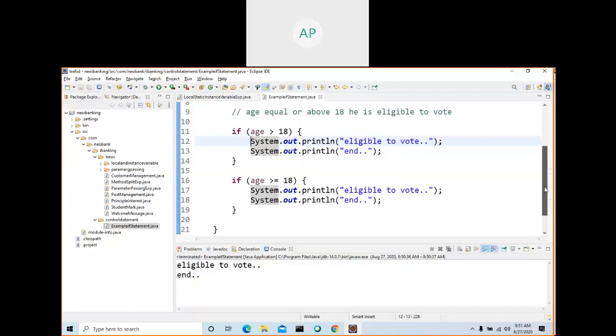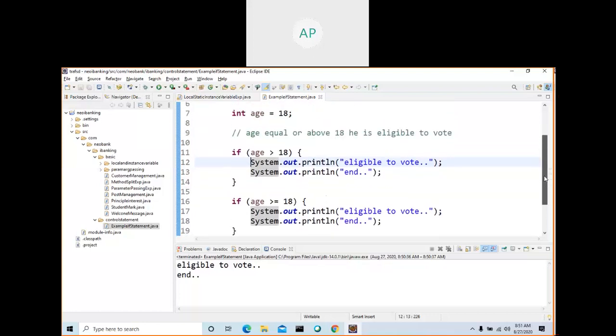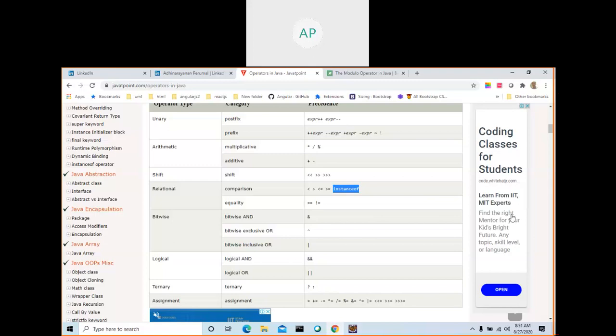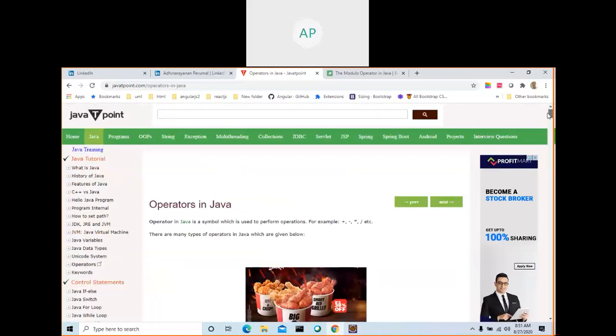But here I want to go for other examples. If he is eligible, your program should say he is eligible, and if he is not eligible, your program should say he is not eligible. Then how will you go? Now you got whether eligible or not eligible. If you are eligible, you are getting some output. I want to get output in both cases. Then what is the condition that you should use? Use if else.